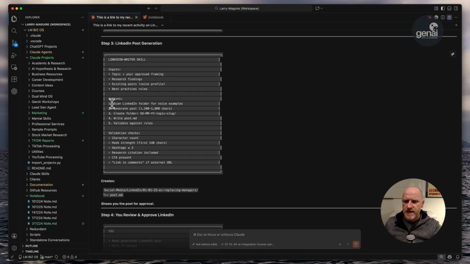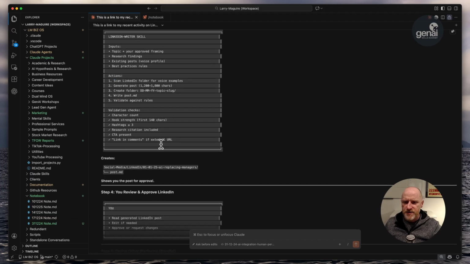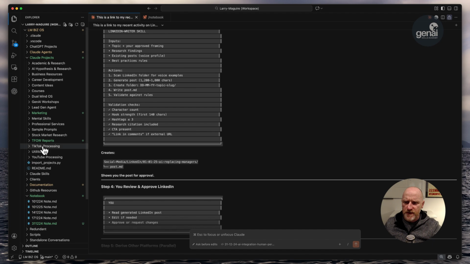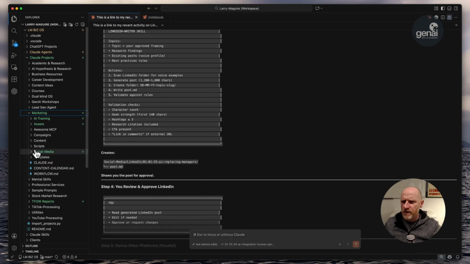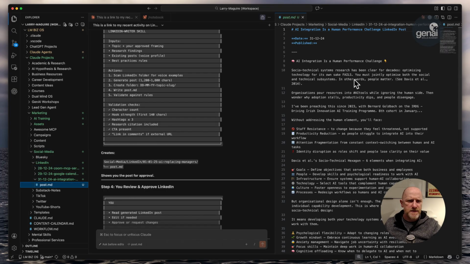And it takes these actions: scans the LinkedIn folder for voice examples, generates the post, creates the folder, writes the post, validates against the rules that I've set, and then we do a validation check. It produces the post. Let me show you an example. So if we go into marketing here, and I go into social media, LinkedIn, here's a post from today. As you can see in the right hand panel here,